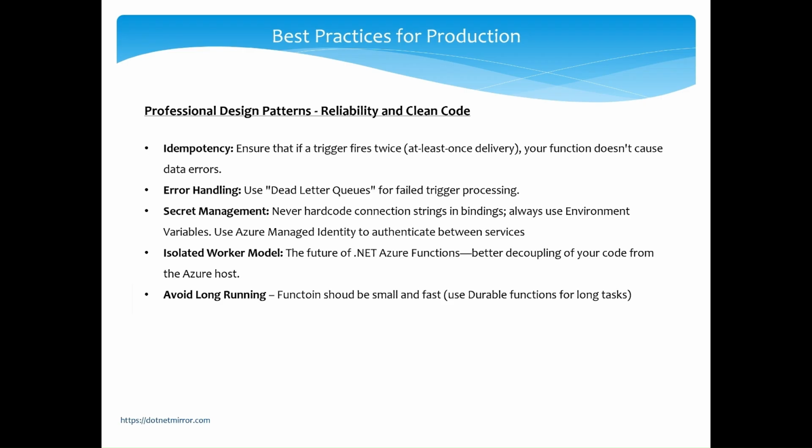Before we wrap up, if you are going to put this in production, keep these professional design patterns in mind. Idempotency. Because of how distributed systems work, a trigger might occasionally fire twice for the same event. Design your code so that running it twice doesn't duplicate orders or corrupt data. Next, error handling. Always configure dead letter queues. If a message fails to process after a few retries, it should be moved aside safely so it doesn't block